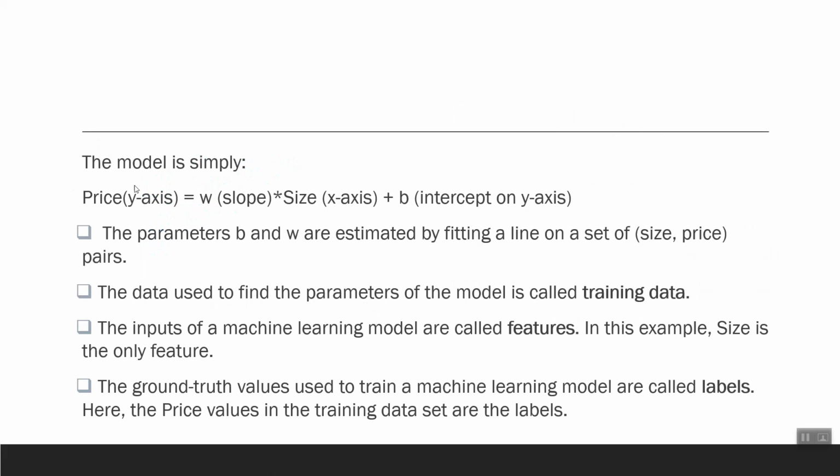Then the model is simply price, which is on the y-axis, equal to slope w times size on the x-axis, plus b, the intercept on the y-axis. Parameters b and w are estimated by fitting a line on a set of size-price pairs, like this again.